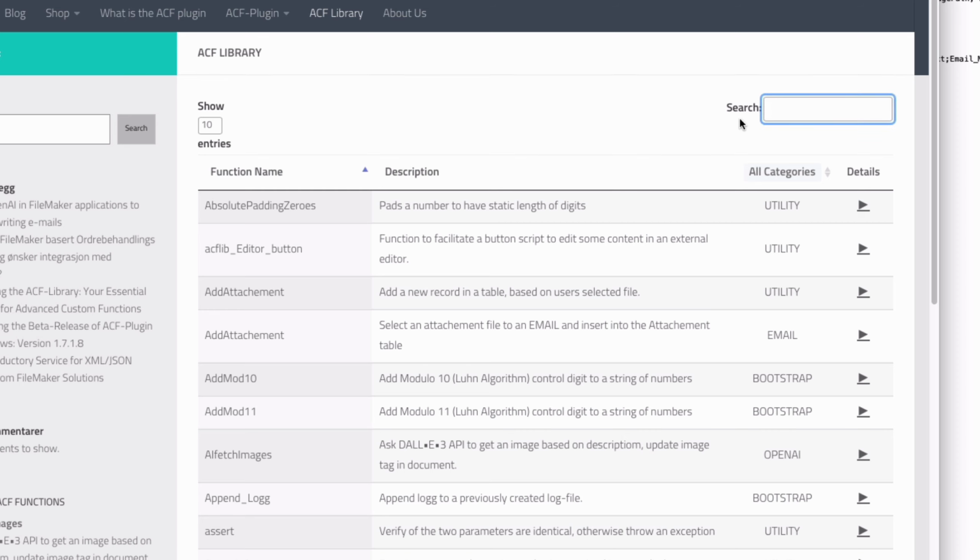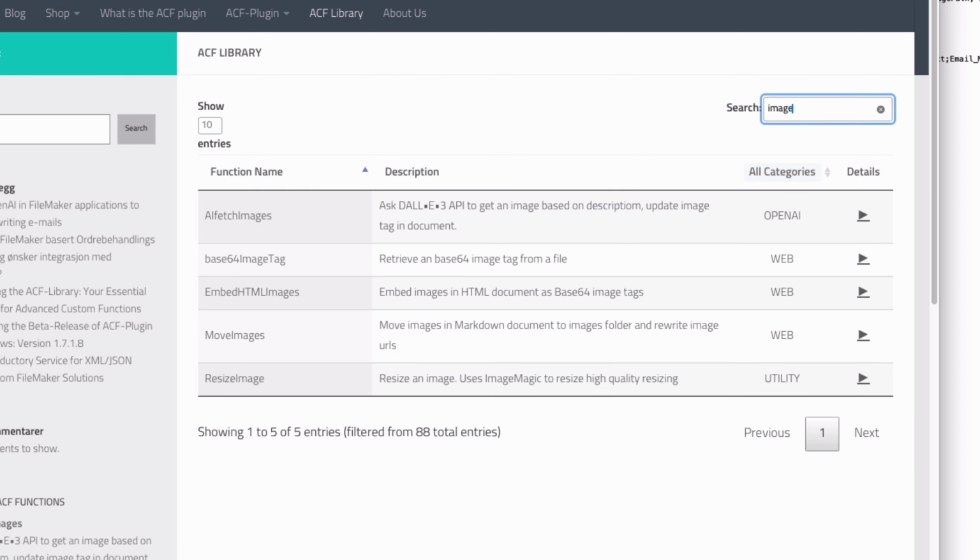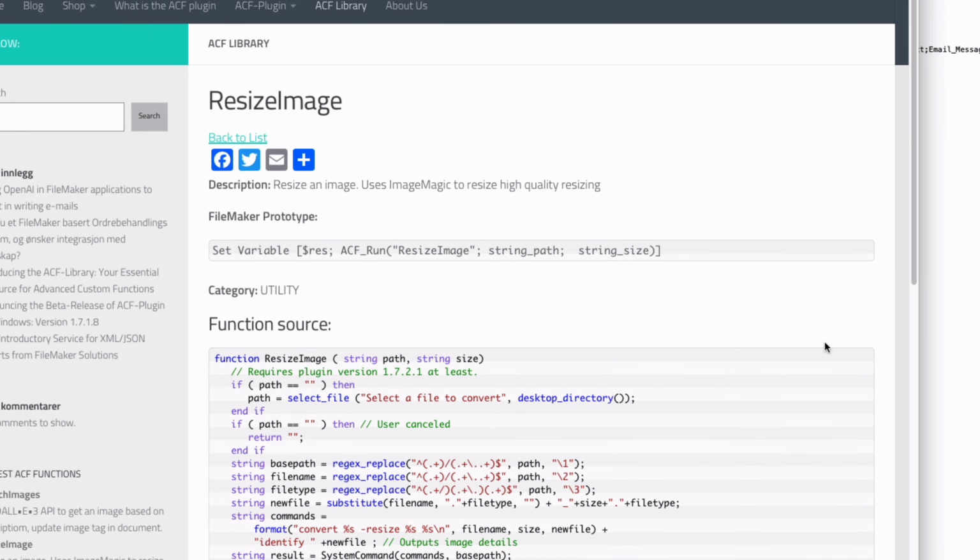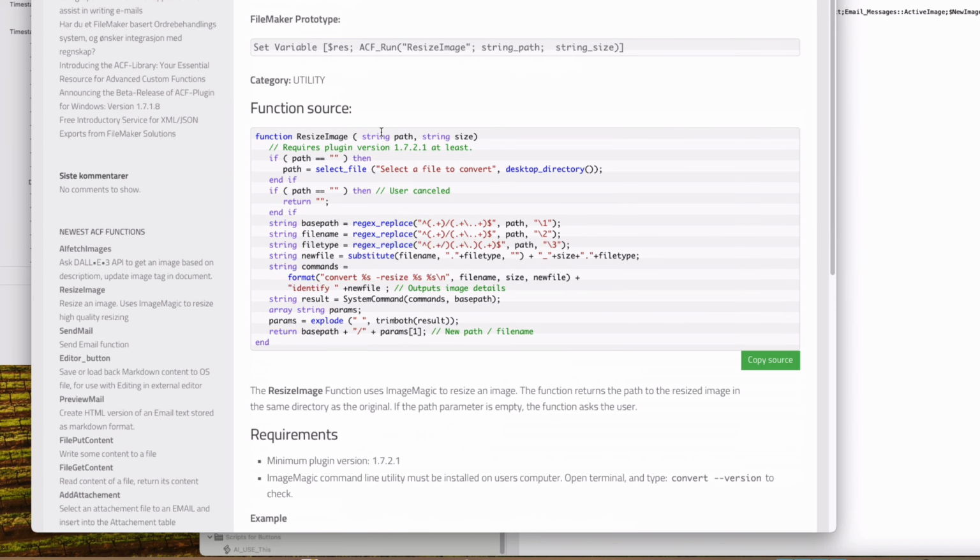Looking at this function, we've installed ImageMagick on the computer. We dissect the file into its base part, file name, and file type to create a new file name with a new size. Then, we use terminal commands to instruct ImageMagick to resize the file. We use a function in the ACF plugin called System Command, which executes the commands generated here. This process involves ensuring the file paths are correct relative to the base part, so we have just the file name and the new file.